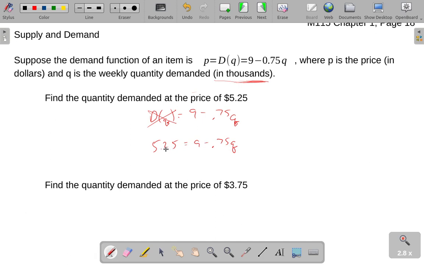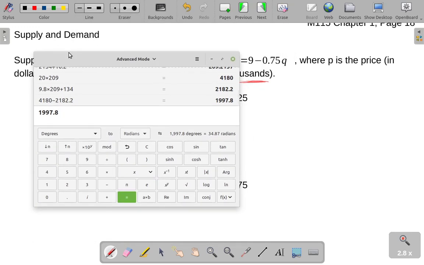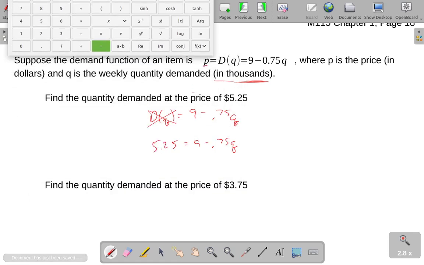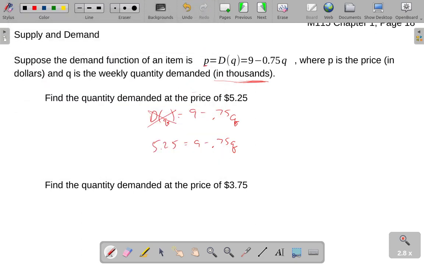We're just plugging in for P as opposed to plugging in for Q. To solve this, it looks like I would want to subtract 9 from both sides of the equation. 5.25 minus 9 gives me negative 3.75